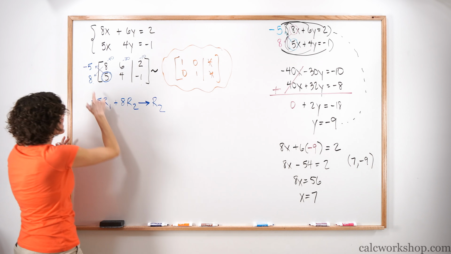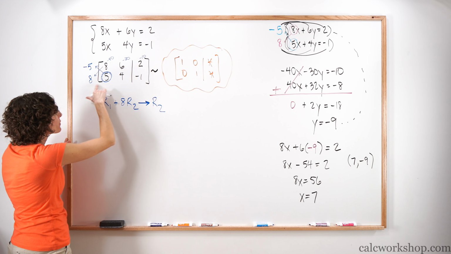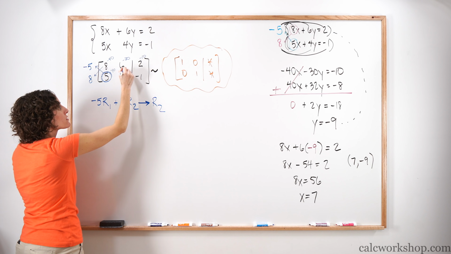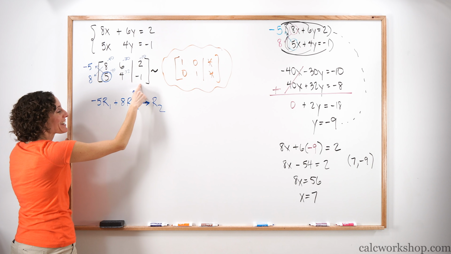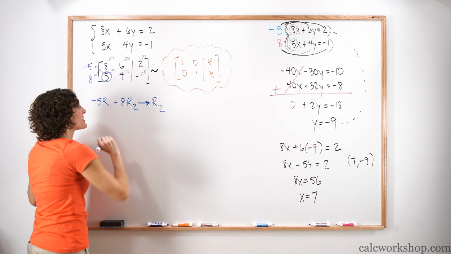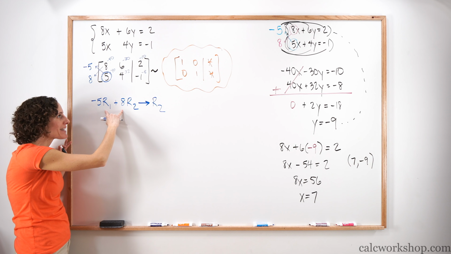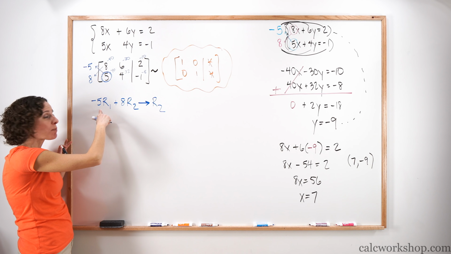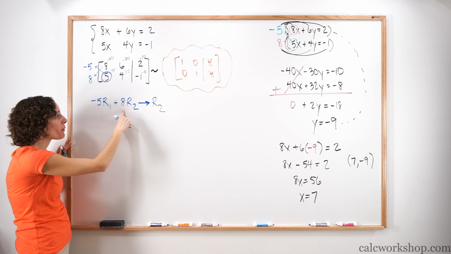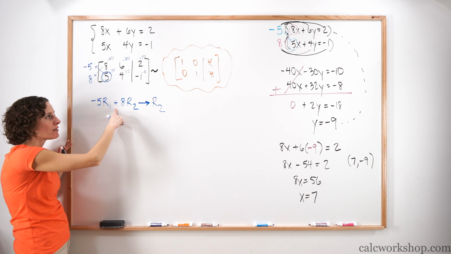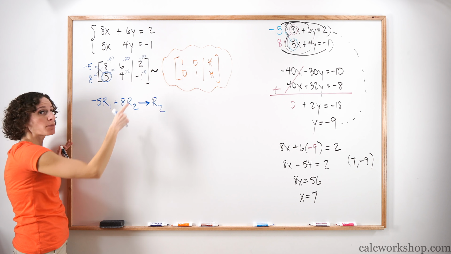All right, if we take the 8 and we multiply them all the way through, 8 times 5 is a +40, 8 times 4 was a +32, and 8 times -1 gave us a -8. Well, we did exactly what this blue command line said to do. We multiplied the first row by a -5, we multiplied the second row by a +8. What do they want us to do now? Add it. Okay, I can add these little blue numbers.